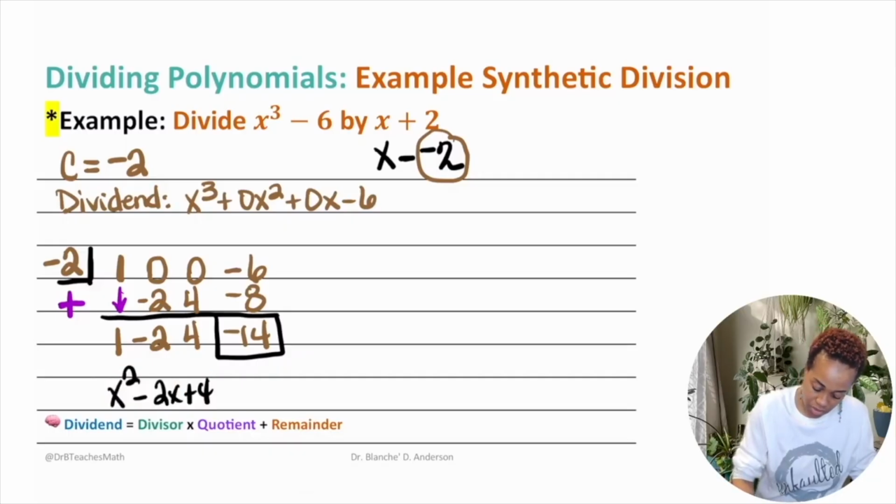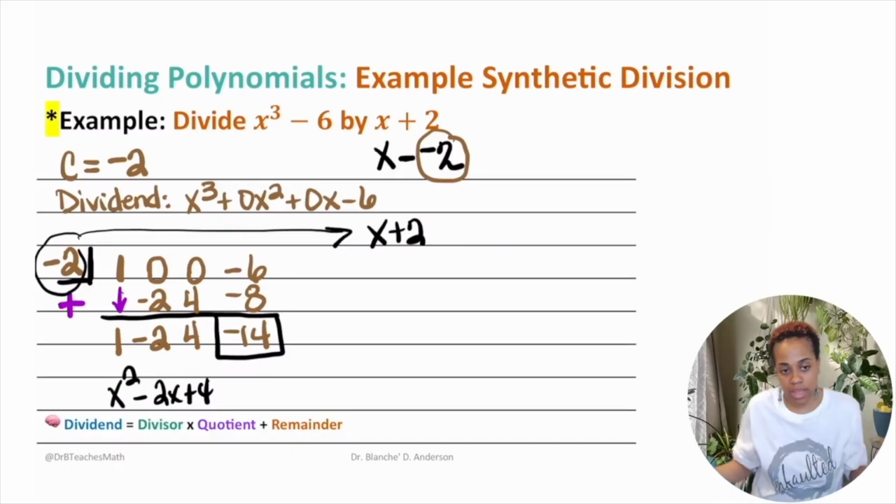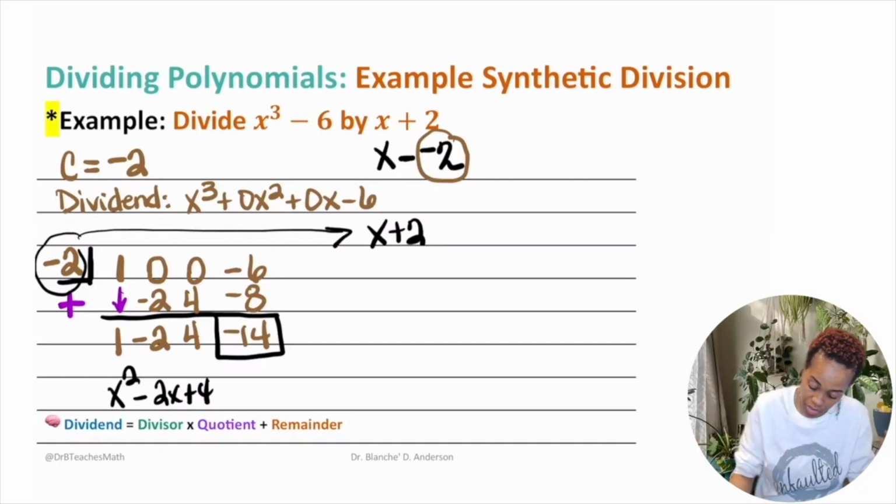So far, so good. We know that this is x plus 2. And when we write our answer, it's quotient plus remainder over divisor. Okay, quotient plus remainder over divisor. So x squared minus 2x plus 4